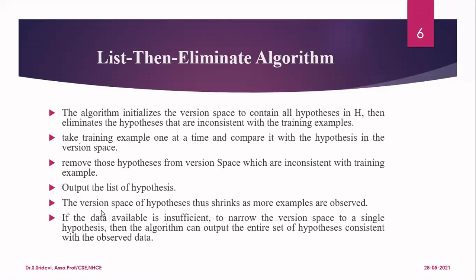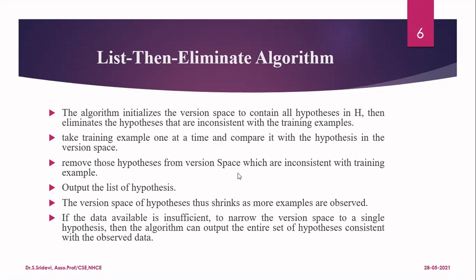And here, if you consider the version space, initially you are starting with all the possible hypotheses. But when you proceed with your algorithm, the version space is going to shrink as you observe more examples. And sometimes what may happen is your data set may not be sufficient to narrow down the version space. Our aim is to start with the full version space, then shrink it. For this, your data set should be large enough. If you take only 2 examples in your data set, you cannot come to any conclusion. So if the data set is insufficient, we may not be able to narrow down the version space to arrive at a conclusion. So always start with a sufficient amount of data in your data set.